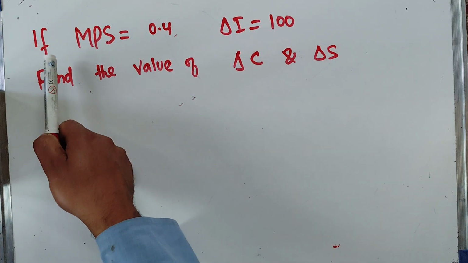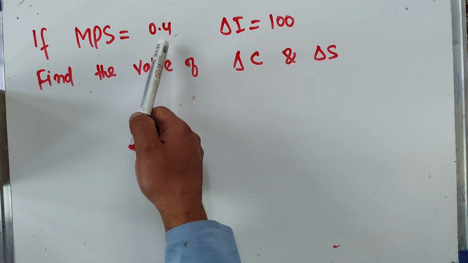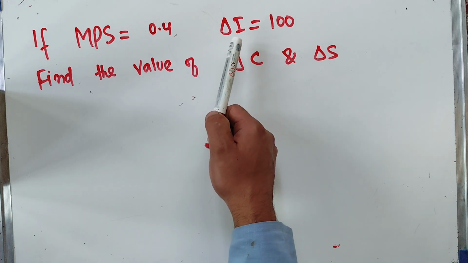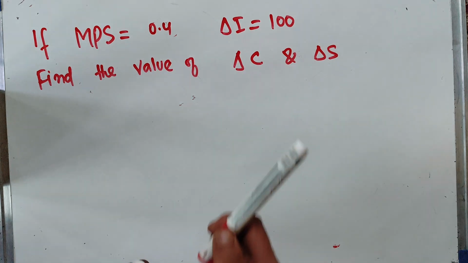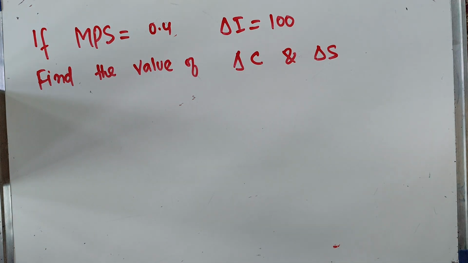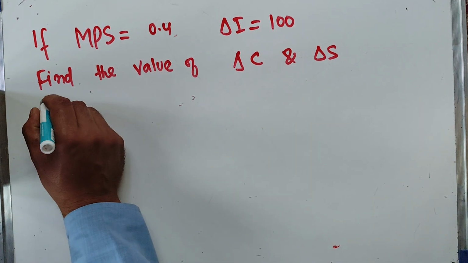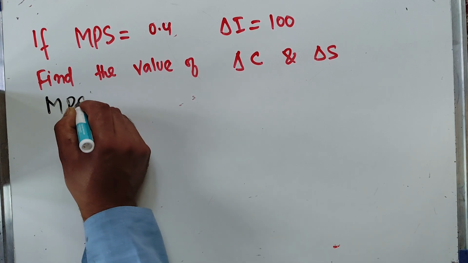multiplier. The question is, if the marginal propensity to save is equal to 0.4 and the change in the investment is 100, we have to find out the value of the change in the consumption and the change in the savings. Okay, now what we are being told is that the marginal propensity to save is equal